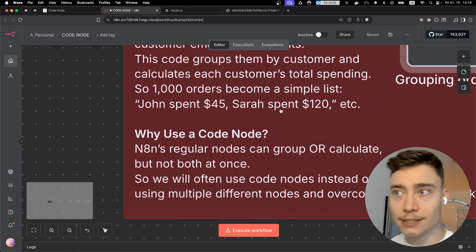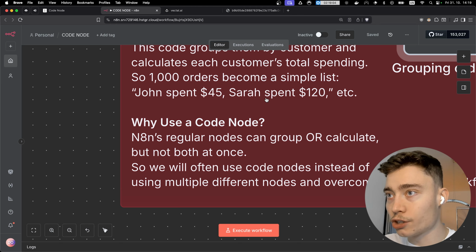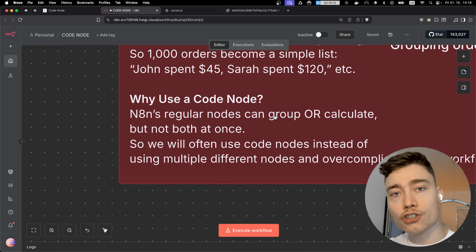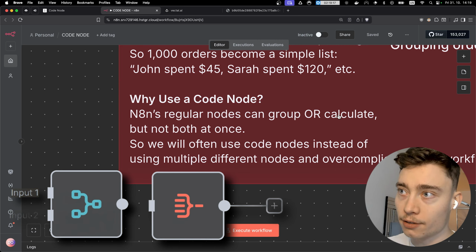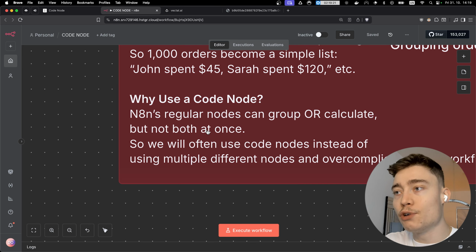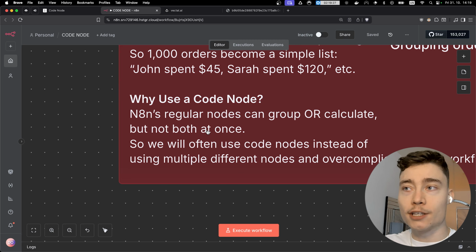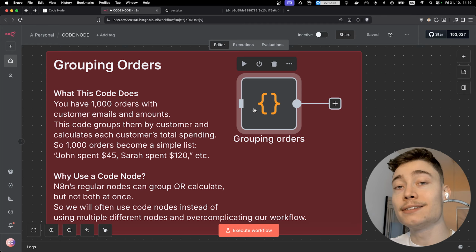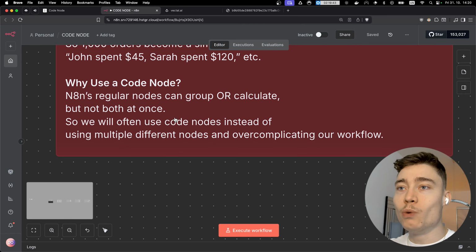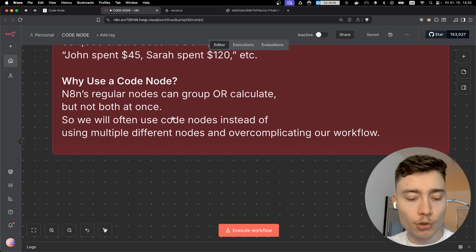Now to generalize this, the first situation where you would use the code node is when you want to process a large amount of data in your N8N automation. Because the regular nodes can group or calculate, but they cannot do both at once. And especially if you have a lot of data, it can be very chaotic adding a bunch of different nodes into your N8N workflow, where all it takes is just adding a single code node that can do it all. So this is why when you see some of these content creators show you these 50